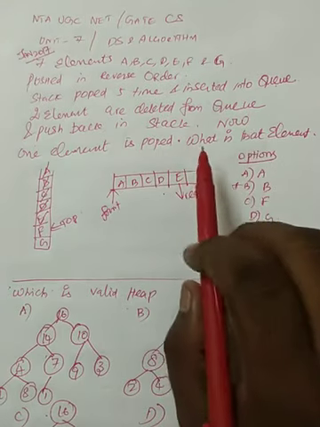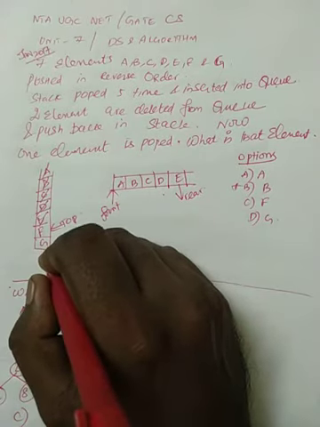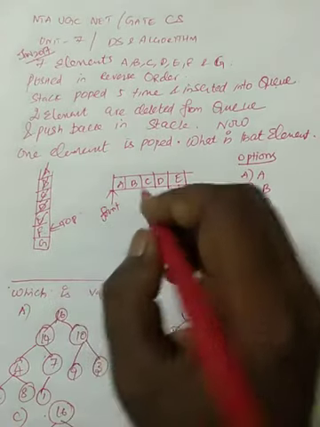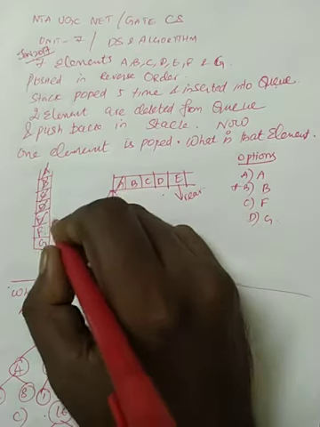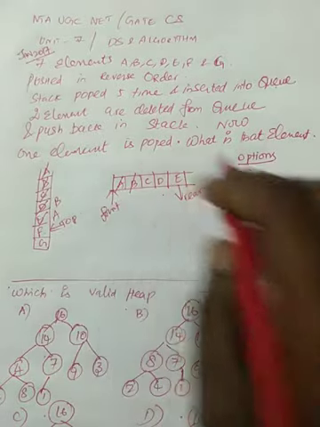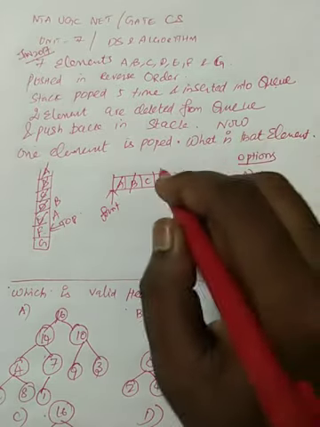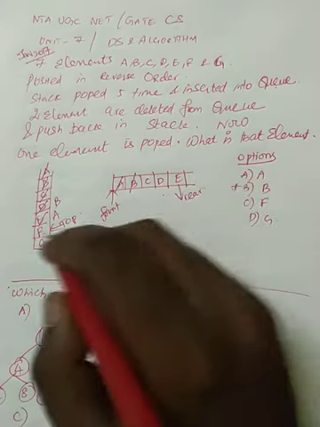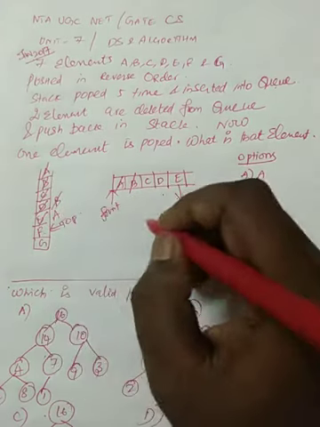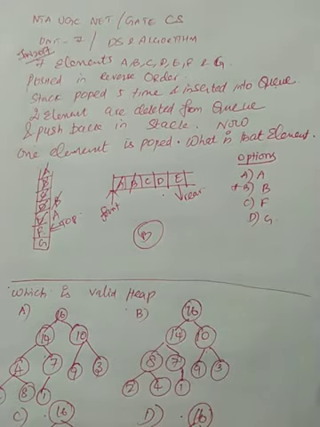After that, 2 elements are deleted from the queue. So now the top of the stack here is F. Over that, they are asking to delete this A and insert it here, and delete B and insert it here. So now the third process is also over. Now they are asking to pop one element, which means they are popping B, and the popped element is nothing but B. So the choice is option B. Hope you understand.